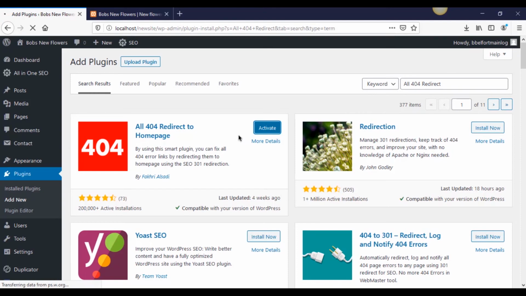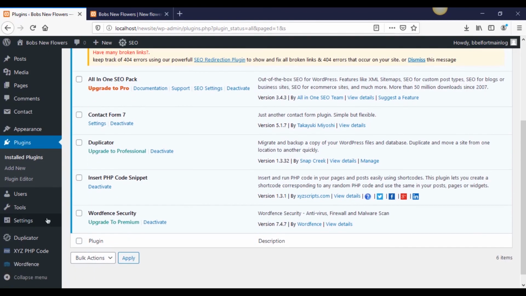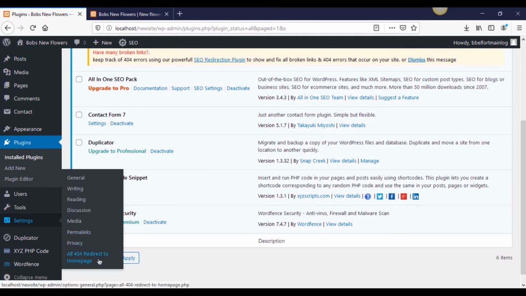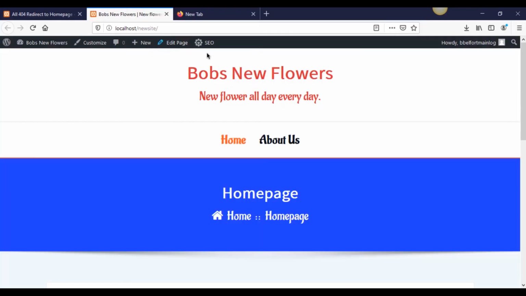and I can actually show you real quick how that works. So 404, as you know, is just a broken link, meaning that there's nothing that exists at that page. And I'm pretty sure this is set up under the settings. It is. It puts a new All 404 Redirect to Homepage. I don't know if you have to turn it on. It's enabled. Okay. So by default, let's say that we go out to our site right here,